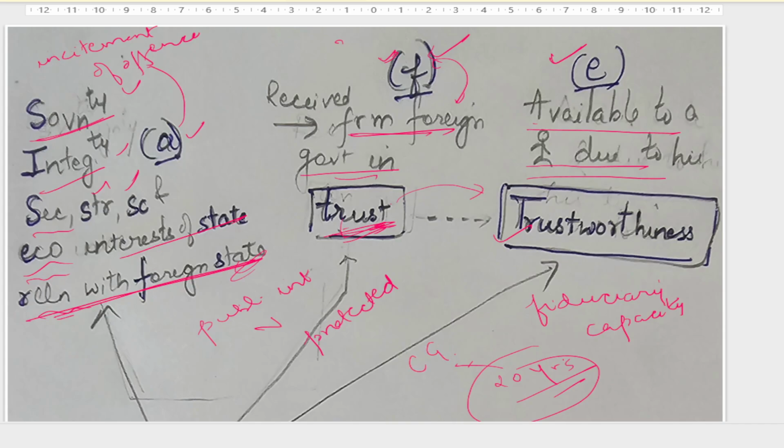So in brief, if any information is asked relating to an event which occurred 20 years prior to the filing of the RTI application, then the PIO may consider providing that information to the applicant, and how these 20 years are to be calculated is to be decided by the central government. From which date the 20-year period is to be calculated is to be decided by the central government, and this is subject to the provisions of subclauses A, C and I of subsection 1 of section 8.